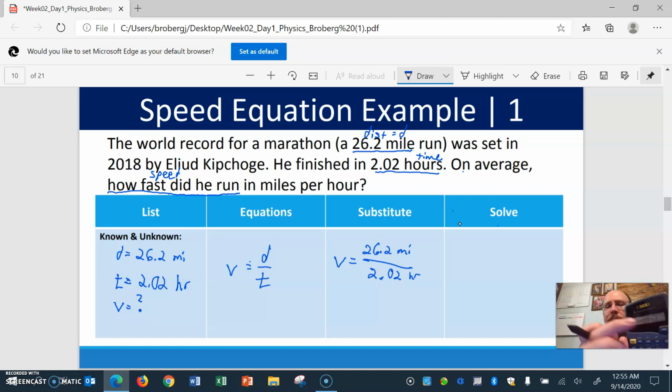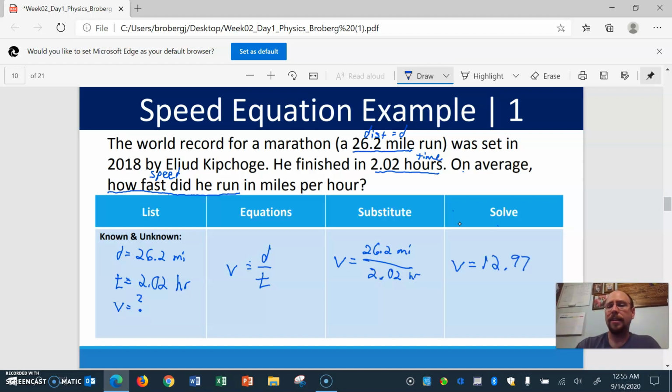If I'm getting this on my calculator, I usually just cut it off to 2 or 3 decimals. So 2 decimals, you could use that, but don't write out the whole thing. Okay? But I'm going to list this as I solved for my speed, and I'm going to put in 12.97